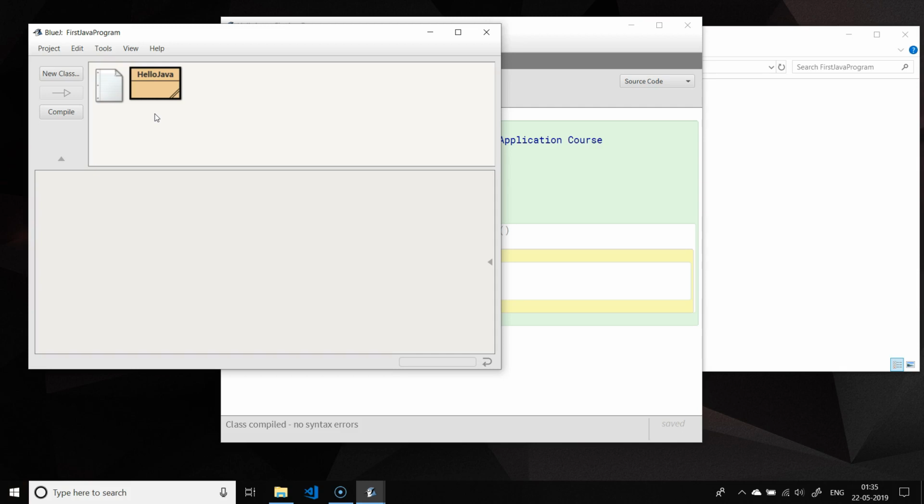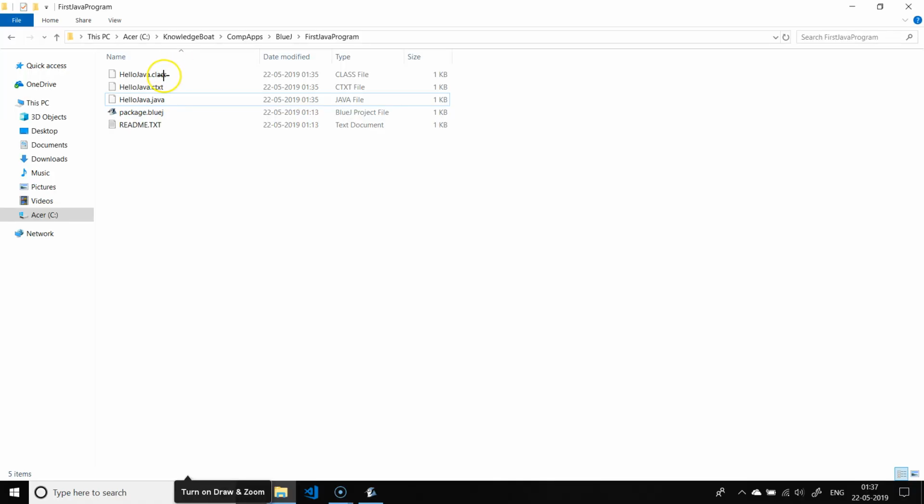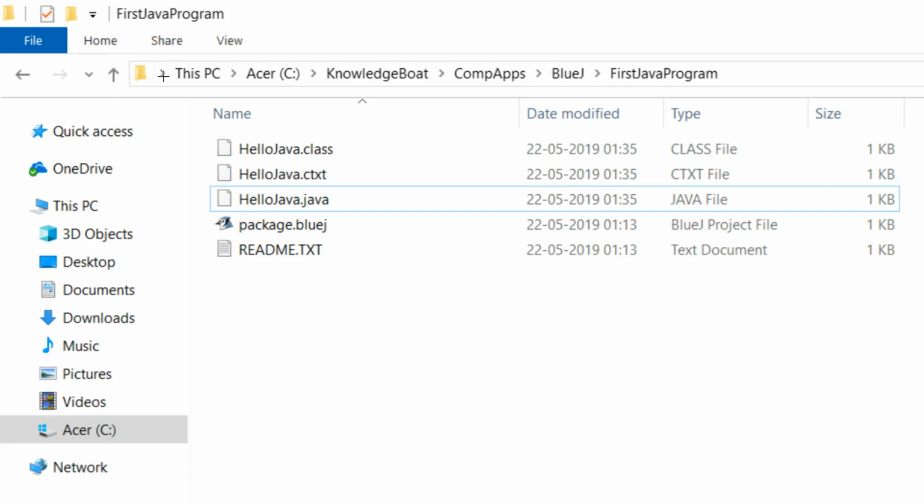As we are on the topic of compilation, I just want to take you back to the bytecode lecture. Remember this Java compilation overview from that lecture? Let's connect the dots here by relating this theory to the actual compilation of our Hello Java class. We learned that Java compiler takes Java program as input and generates the bytecode from it. We just compiled our Hello Java class. Let's go to the project folder and see what all files we have. There is a new class, hellojava.class, which was not there previously. This is the bytecode of our Hello Java class generated by the Java compiler.